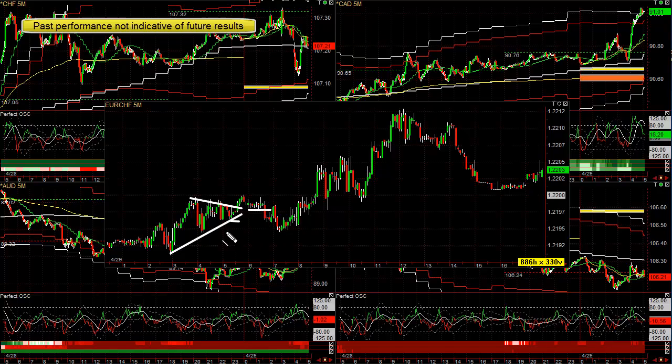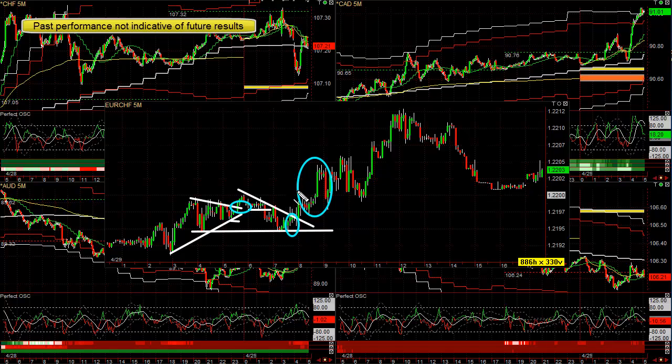Pulls back, really doesn't go underneath this swing low. I wouldn't necessarily buy it here, but you could draw a trend line over the bar's highs right here and go long right here with your stop underneath the low, and the second trade, it works, and it's these bigger wins compared to tiny losses. You might have lost this much on the first trade, you made this much on the second trade,